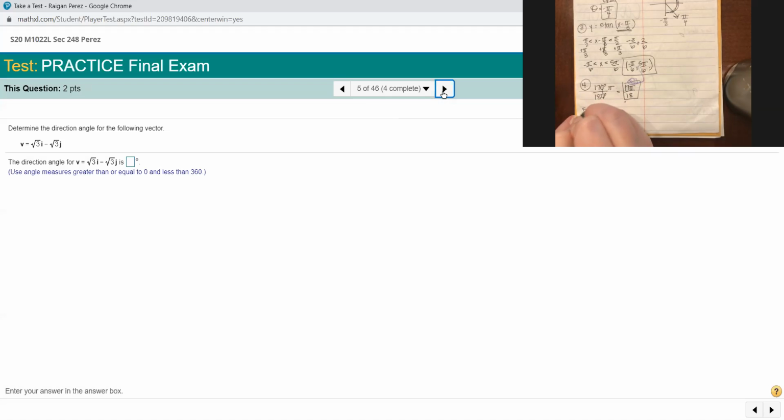Okay, number 5. Determine, oh, this is one of the ones we just did, the direction angle for the following vector. So v is equal to square root of 3i minus square root of 3j. So remember, you're supposed to do tangent of absolute value of b over a, right? So here I would have negative square root of 3 over square root of 3, which is just 1. So when does tangent equal 1? Well, that's a pi over 4